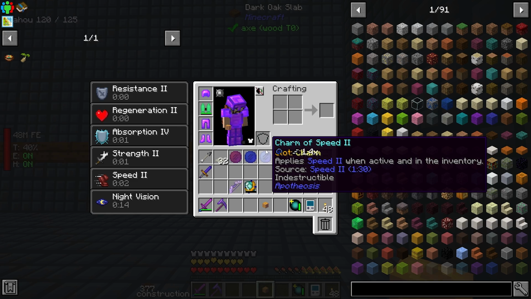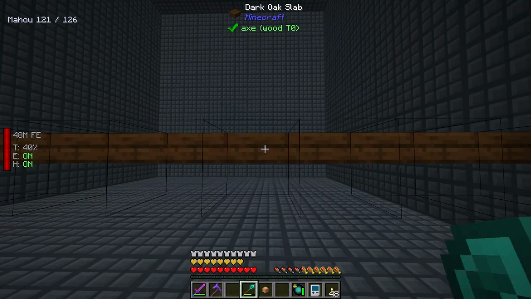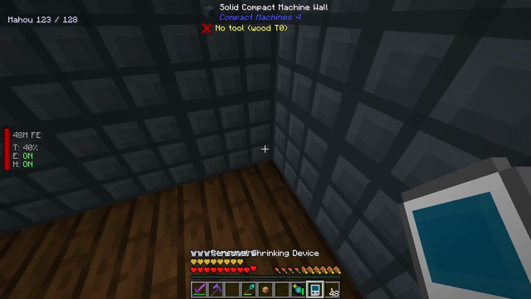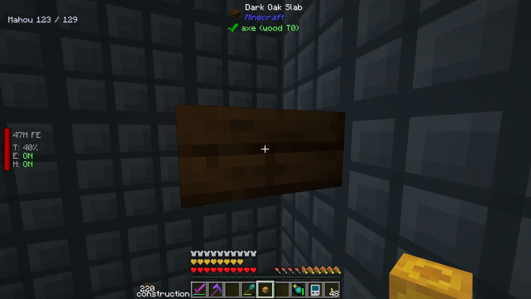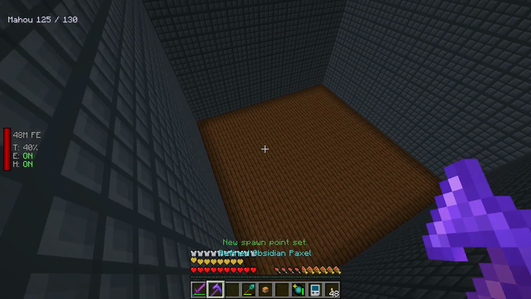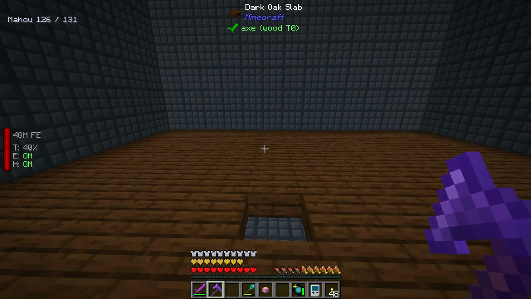Our standard setup here. Where's my wand? But what I want to do is, I'm going to set our spawn point. I'm going to place one of these up here. And this is going to be our spawn point. We're going to spawn up top just in darn case. And I'll leave that there. Something happens, right? So we're going to set up right in the middle,